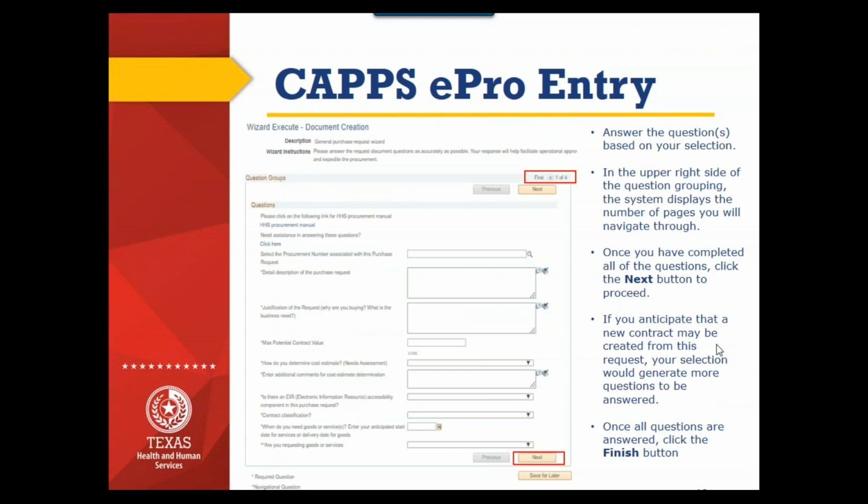And when you click Finish, it'll start your questions. So you'll answer your questions based on your selection, right? All of these questions are the questions that were from that Excel sheet that I showed you earlier. So if you already had that filled out, you could open it up next to this and copy and paste everything you needed into this document. You would click Next each time you needed to advance to another page. You notice at the top right, it says page 1 of 4. So there will be 4 pages of questions for you to answer. Remember, what you answer could populate and give you more questions to answer, depending on what you're trying to purchase. At the end, this next button would turn to finish, and you would click finish to get back to the